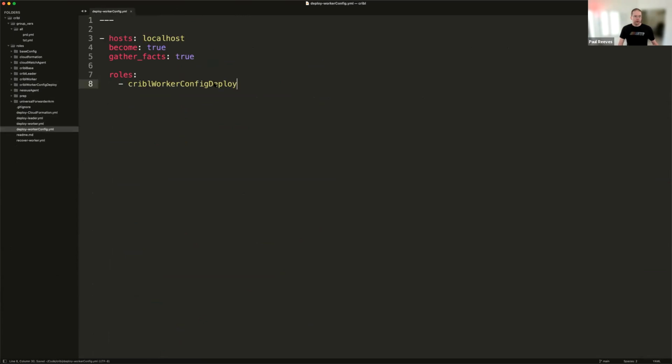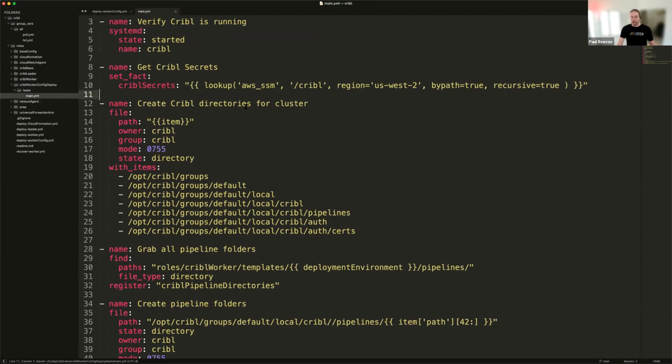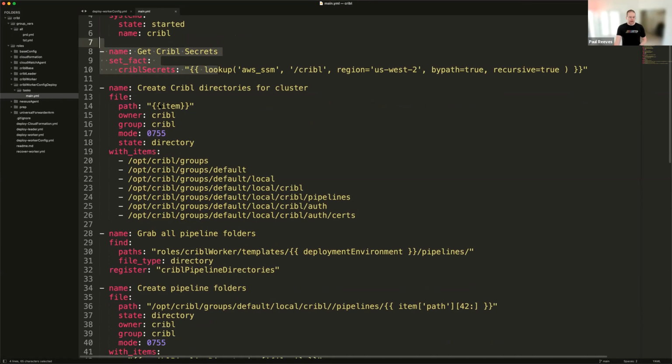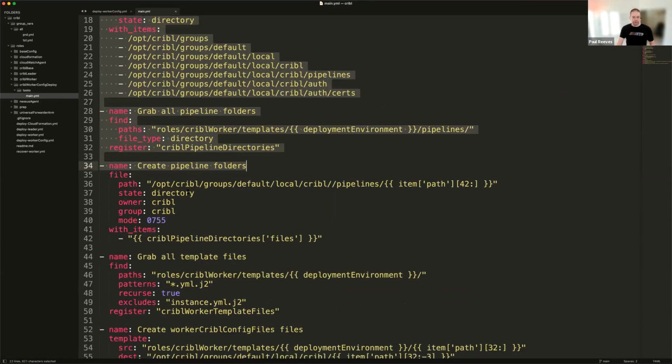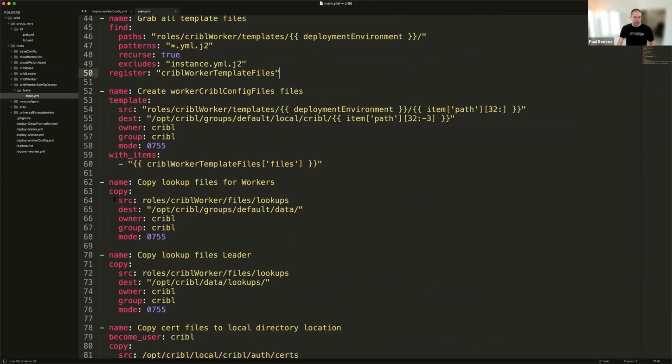So when we're deploying a new configuration to the worker nodes, there's only one role that it runs, this Cribl worker config deploy. This is really similar to deploying a new worker node because it does almost the same things. It's just that this is running on the leader node as opposed to each individual worker node. First, make sure that Cribl is running, because if it's not, then none of this will work. It grabs all the secrets, creates folders that are needed, dynamically creates and discovers the pipelines, and creates the pipeline folders it needs. Same thing, it goes through all the template files and creates them,